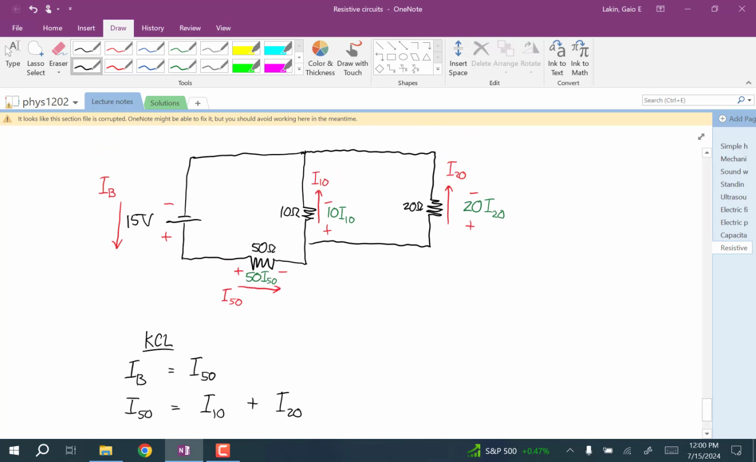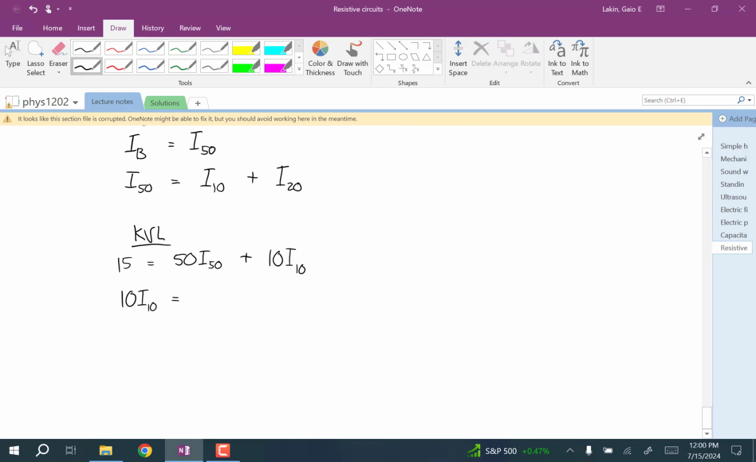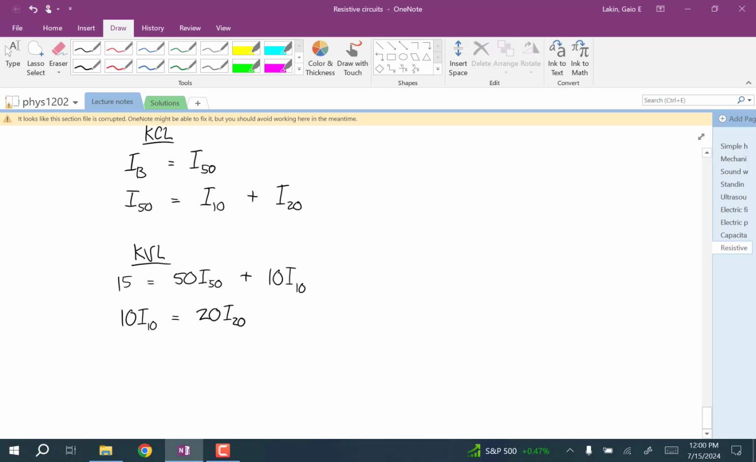And then we drop I20. And now we have the variables IB, I50, I10, I20. That's 4 variables. We have 4 equations. As long as that system of equations isn't redundant in any way, we can solve this